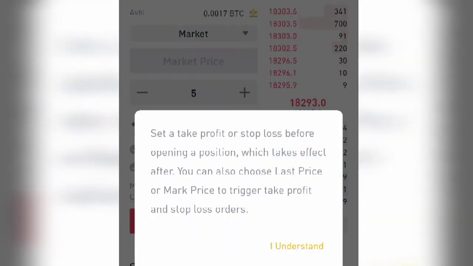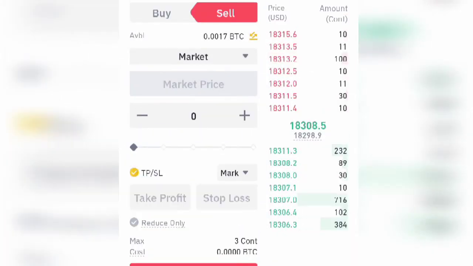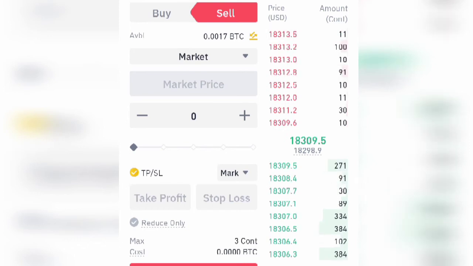Before I select the quantity I'm going to use, first of all, I have to set my take